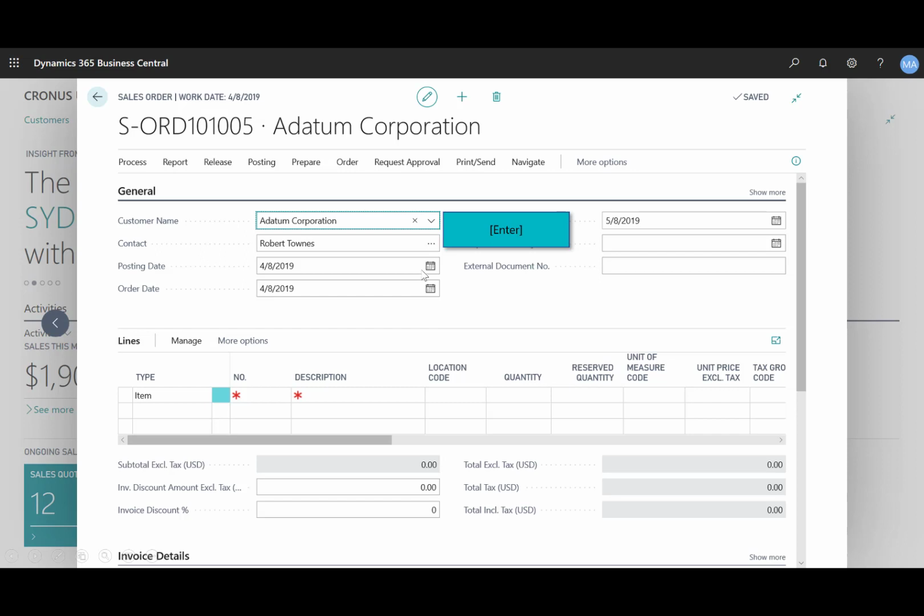I'll select that company. And now what I can do is I can continue to tab across the fields, or I could just simply select enter, and that'll shortcut me directly to one of the fields that I've designated as the next logical step in entering data. Now I can go ahead and type the item name or select the item number. Notice if I type in the name